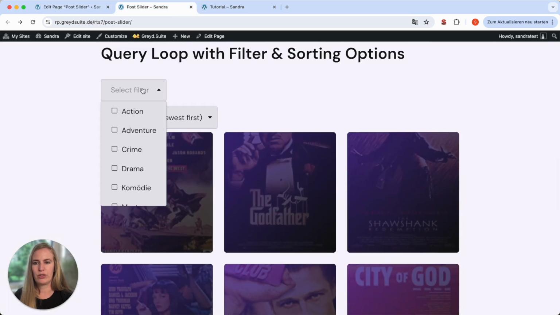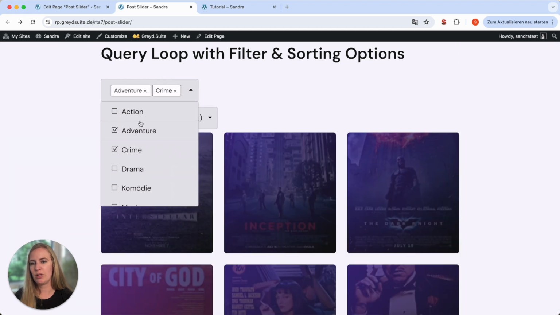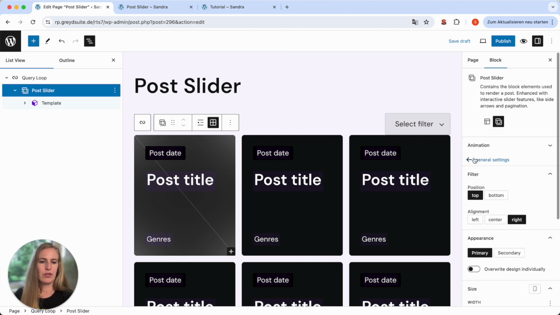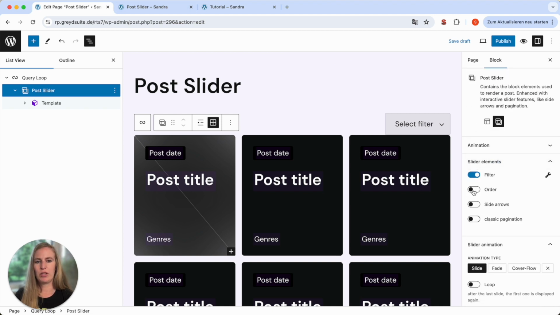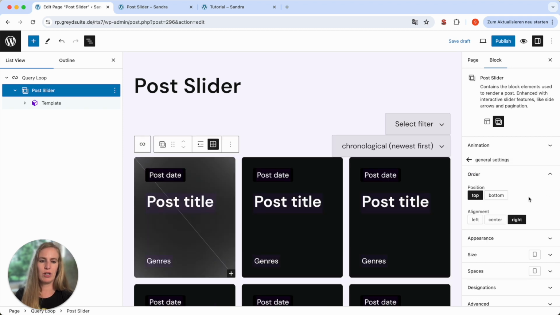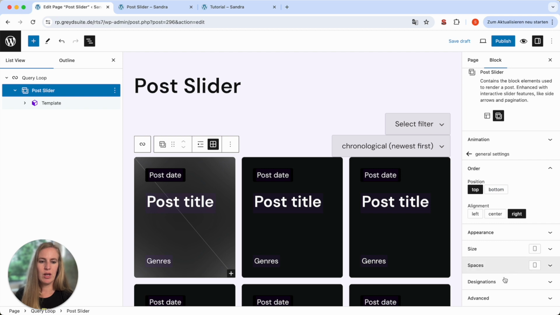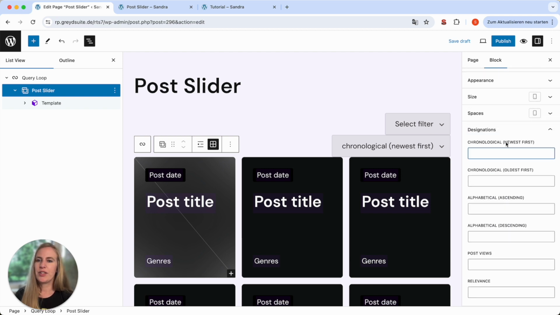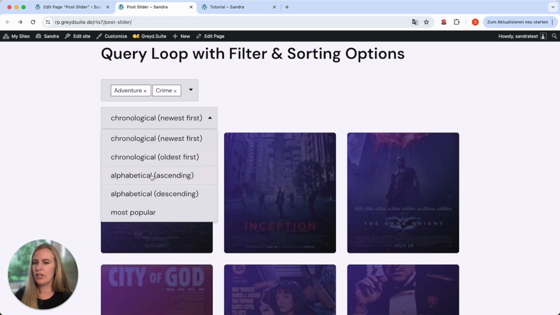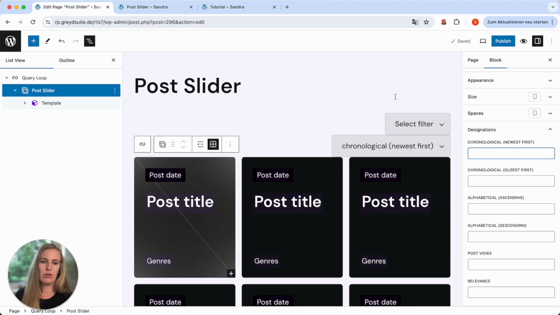And in the front end, it will then look like this. Here we have filter. So here I can filter, for example, by genre. And in the same way, you can also enable your visitors to do the sorting by themselves with the drop down, and the design options are the same, but you can even text the designations individually. So by default it says, for example, chronologically, alphabetically, most popular, but you can also have different designations here. For example, if it's a multilingual page and you want to have German texts here, you can do that here.